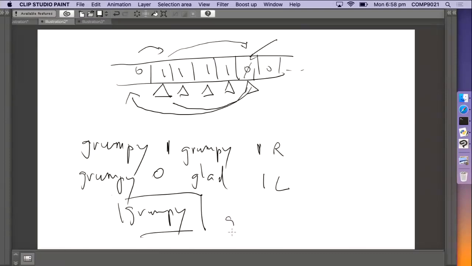So in a glad state, when I see a 1, what do I do? I go to the left for sure. The 1, do I keep it? Of course, I don't want to waste anything. Do I change my state? No. I remain glad. At some point, being glad, I will see the rightmost 0 before the sequence of 1s,